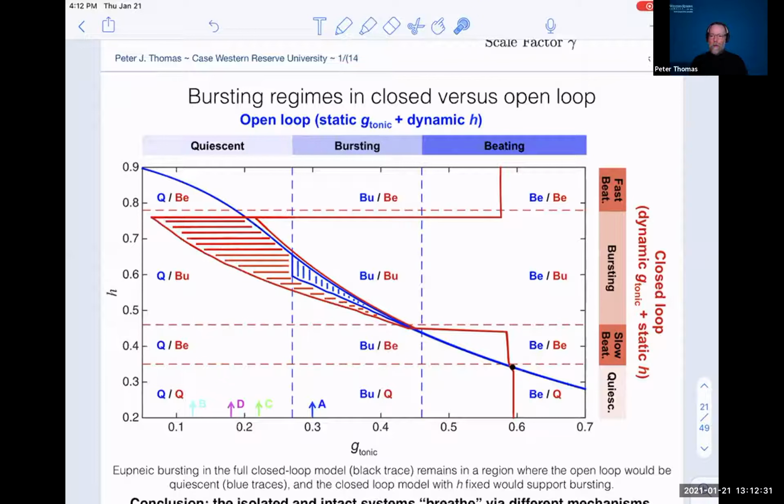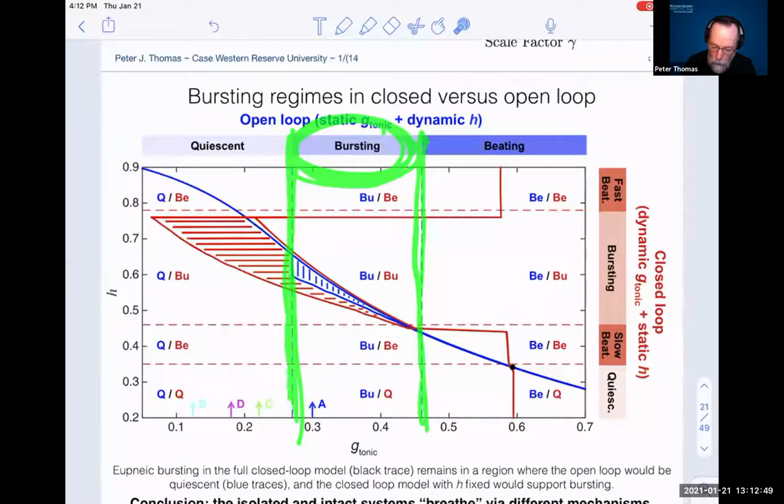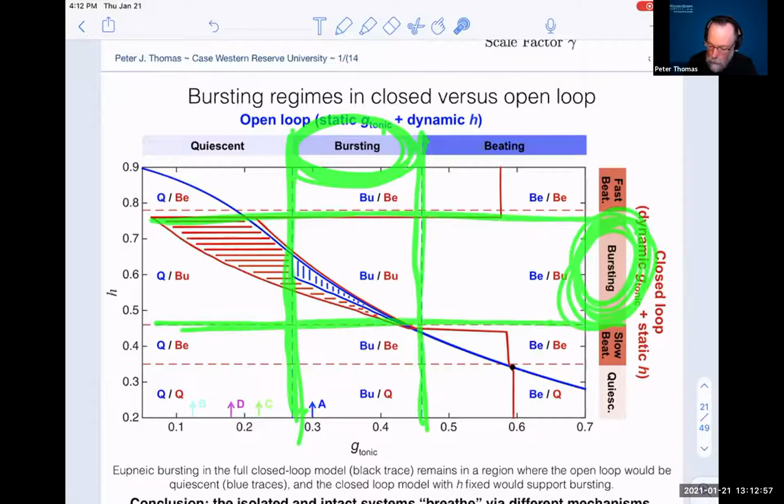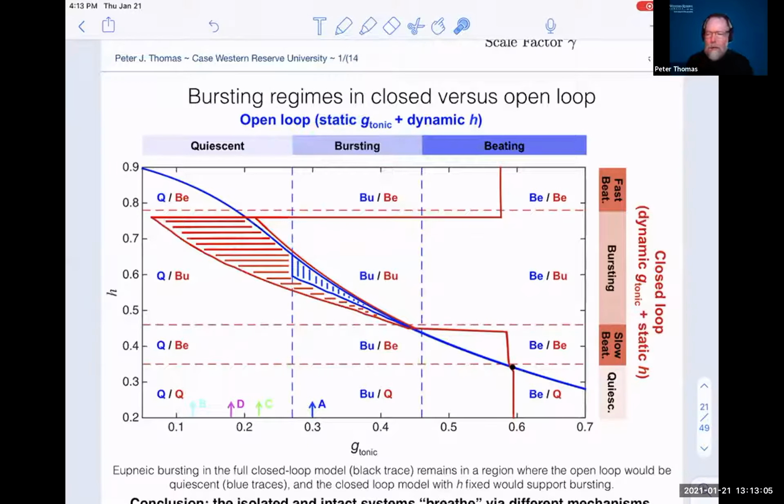There's an obvious hypothesis that you can make, which is if I fix G tonic, I have to fix it somewhere in this region to get bursting. So I would expect the combined pattern to be somewhere in here. And if I do it the other way and I fix H, then I have to be in this region to have bursting. So I would expect to be somewhere in this range, which means that I expect my bursting pattern to be somewhere there. Does that make sense? I'm not sure if it's complicated, but